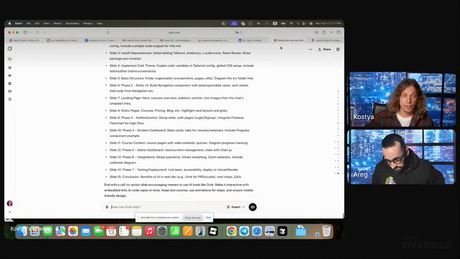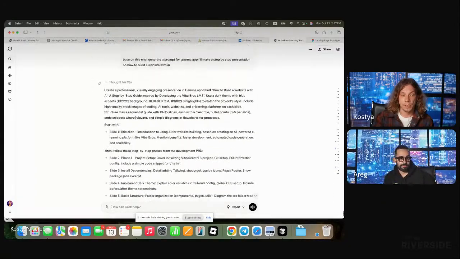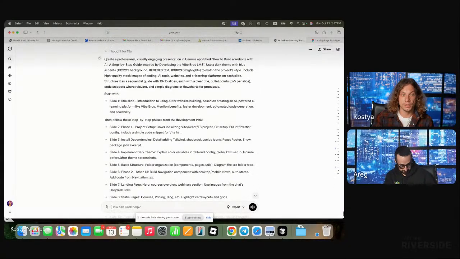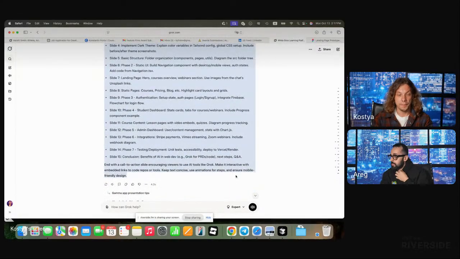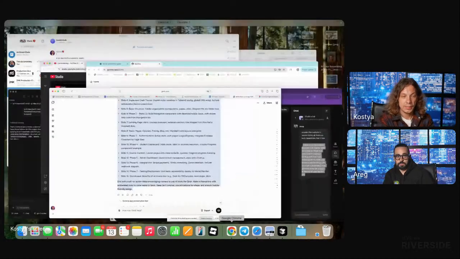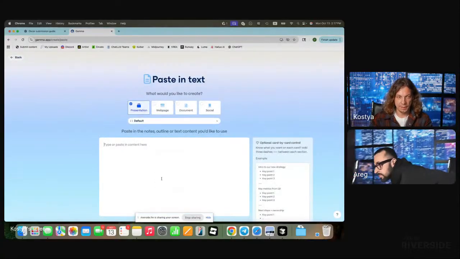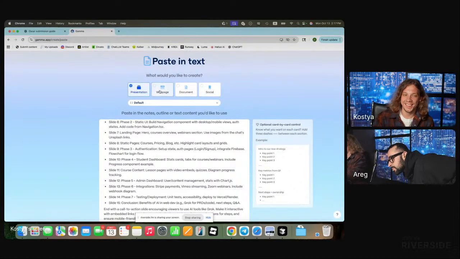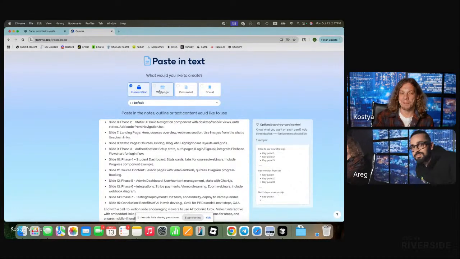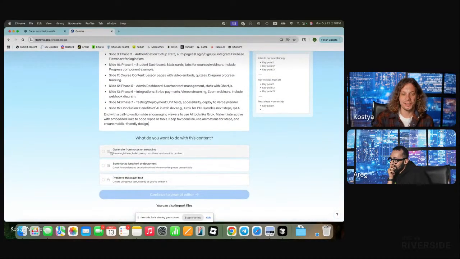Business pitch, yeah, it's like a business page. It's like a pitch deck. It's also a presentation for people who just started. Look, so it just generated the prompt. I'm going to go to the Gamma app and paste in text. I can just click presentation. The funny thing is I can even build a website step by step, or build a document. Let's just do the presentation because it's also going to generate